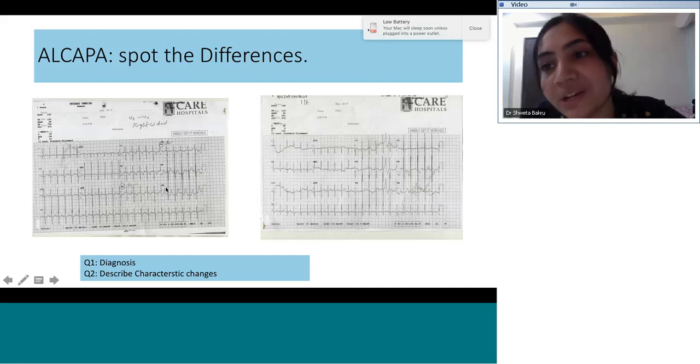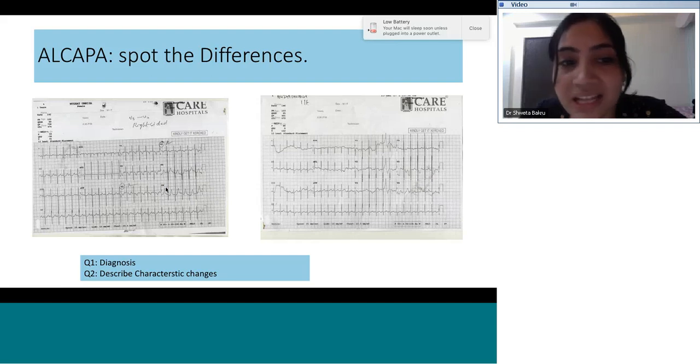So this patient has undergone ALCAPA surgery, that is coronary button transfer. And this ECG is a pre-op ECG where we are seeing all characteristic features: there are deep Q waves in V5 and V6, there is a counterclockwise loop, there is no R in AVR, which suggests that there was no significant ischemia. There is a tall T wave again in V6, but otherwise there is no significant ST depression. All these features have been reversed after the surgery.